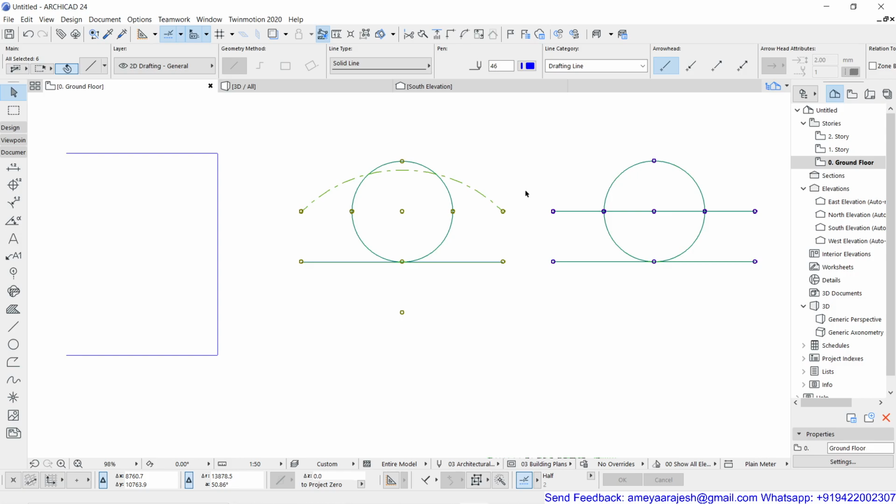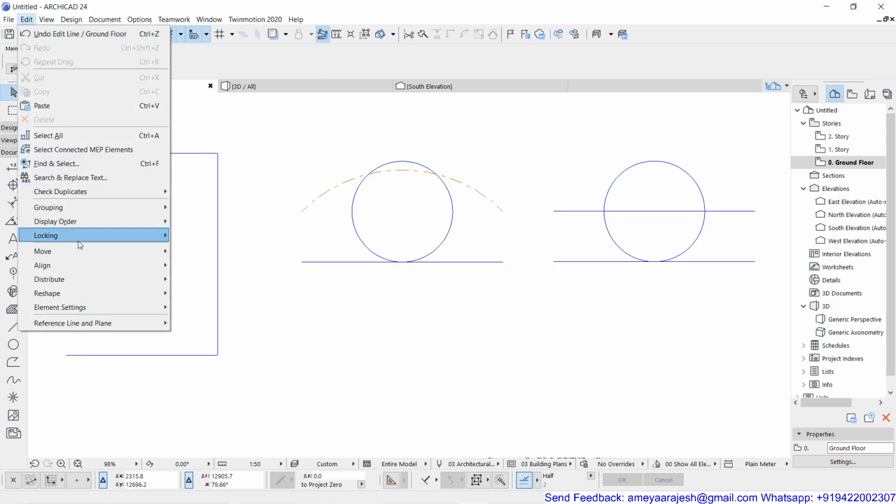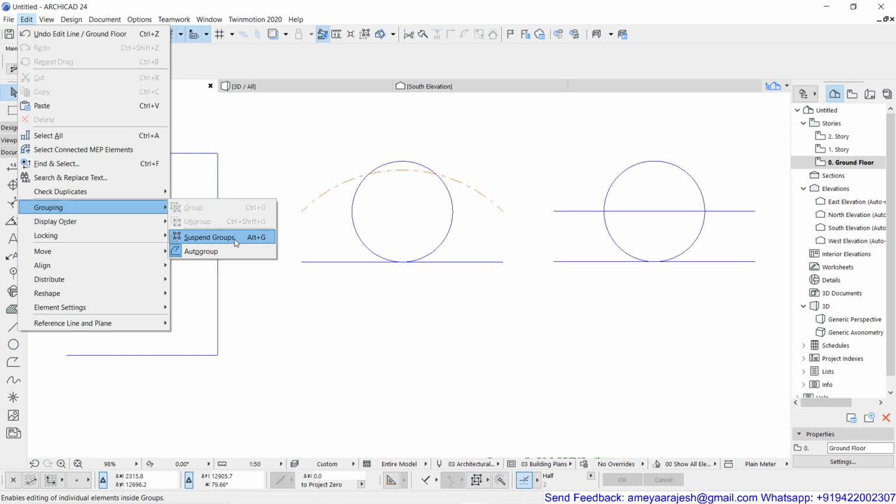So I hope now you have understood at some base level the meaning of grouping, how you can work for the group or ungroup, and suspend group. Now what is remaining is understanding the auto group. I am going to revise all these group things again in the upcoming clips. But right now, what is important is to just get familiar with the group logic.